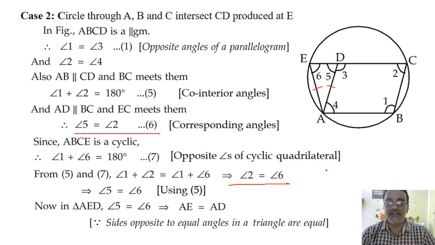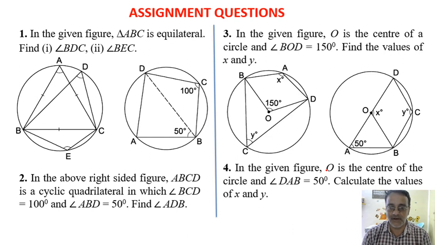Okay. So this is the last question of today's session, and we will move towards the next section, that is assignment questions. All 4 questions are there. इसका ये वाला diagram है, and the diagram of the second question is this one. The diagram of the third question is this one, and the diagram of the fourth question is this one. Okay, so you have to complete all these 4 questions. These are very easy. You have to find the value of angles only. No need, proof वाले questions नहीं है.